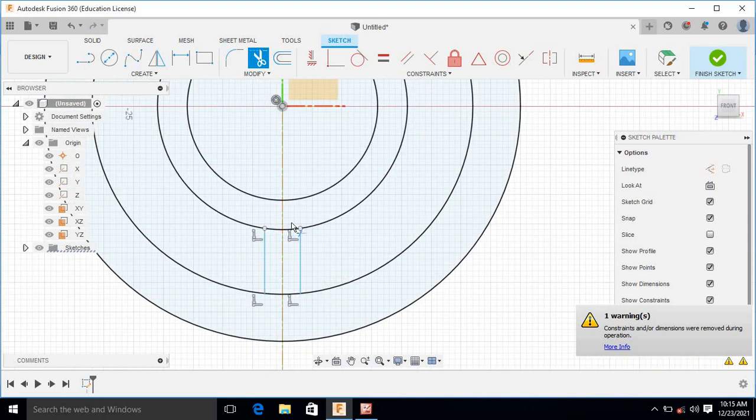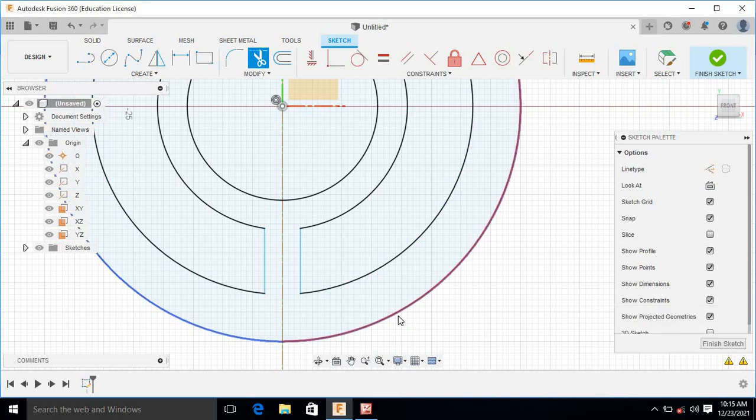So here we also want to remove this arc of the circle. So just select this small portion of the arcs. So in this way we have completed trim command. Press escape key to exit from the trim command.